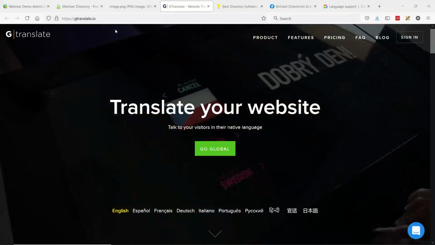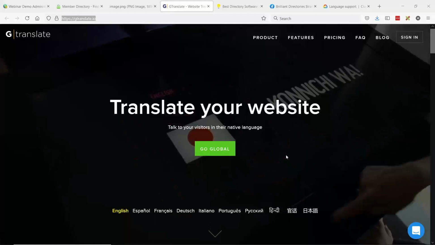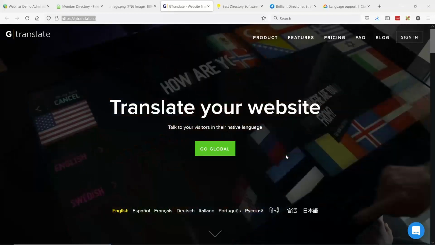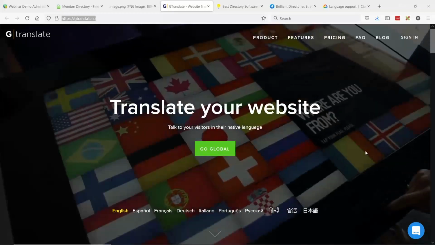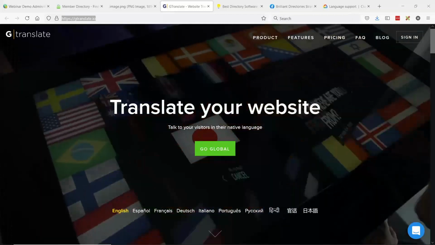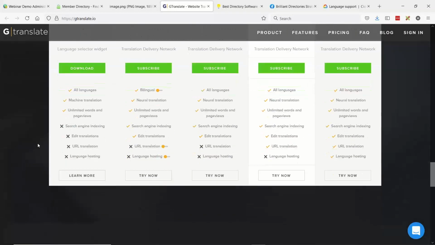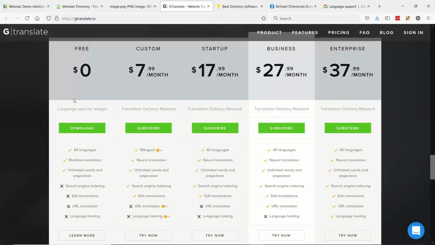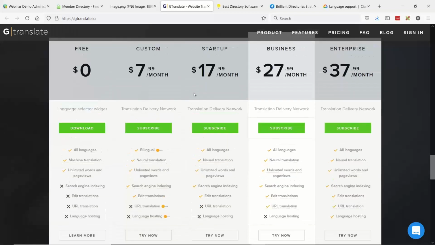This tool, and I'll share a link here, allows you to set up a subdomain, and you choose your language, and it will automatically translate that alternate subdomain into the language that you've requested. We've seen that it does a pretty good job on those test sites. There is a free option. Basically, the free option would be a great place to start, just to test it out on your site. And then, if you like what you're seeing and it's part of your business model to have that alternate website, it may make sense to upgrade to one of the paid plans.